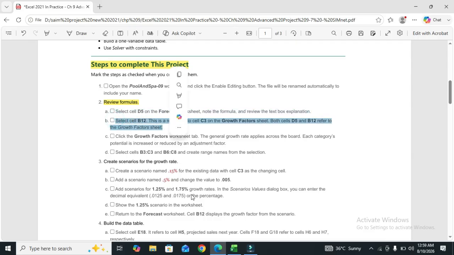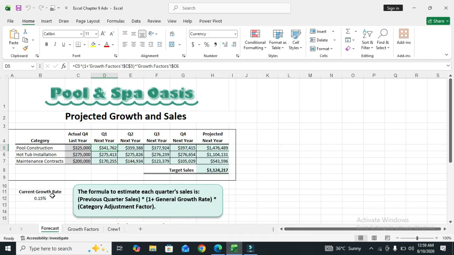Part B of this step is select cell B12. This is a reference to cell C3 on the Growth Factors worksheet. So we move to the file and select B12.